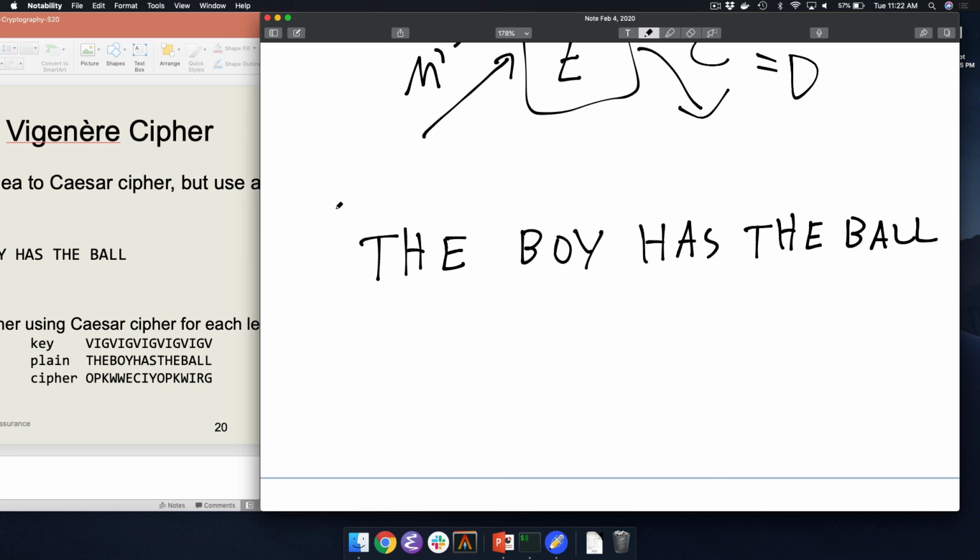Okay, so what I'm going to do is write, so the key is just going to repeat over and over again over each of the characters. So it'll be VIG,